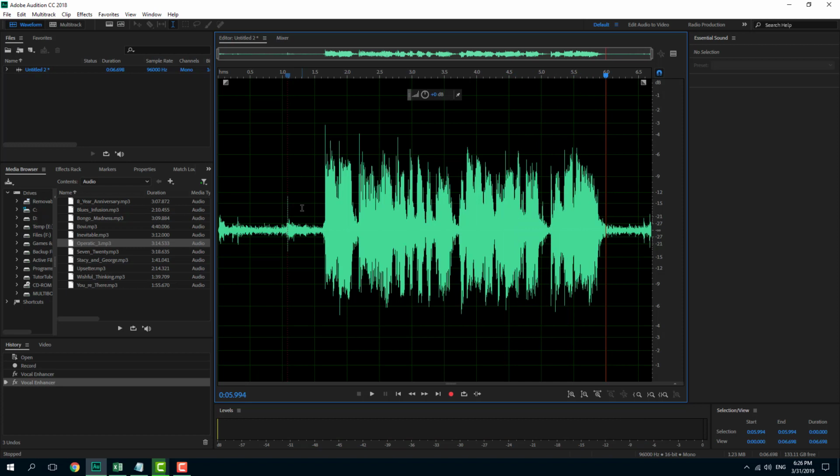So you can see that you can change the vocal power itself by using the Vocal Enhancer setting. So that is how you can use the Vocal Enhancer inside of Adobe